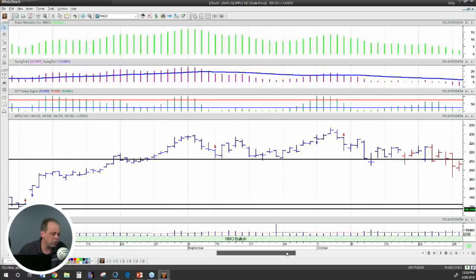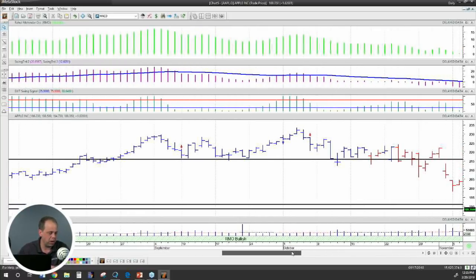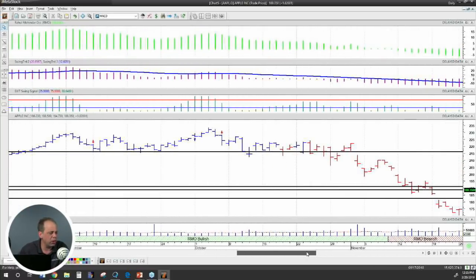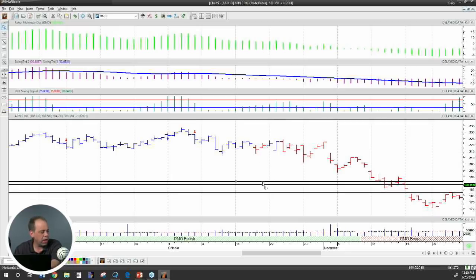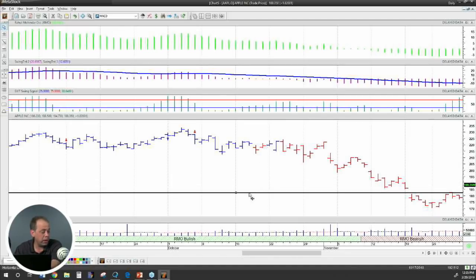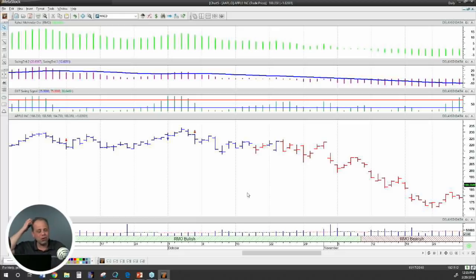Let's go in and play with the example a little bit more to show you what happens when we start to change trend. So we've had one really good trade that lasted several weeks. I remember when I started showing RMO, people would say, well, you could just buy Apple, it's going to go up forever. Well, stocks don't go up forever. So let's talk a little bit about when the trend changes and how that looks.